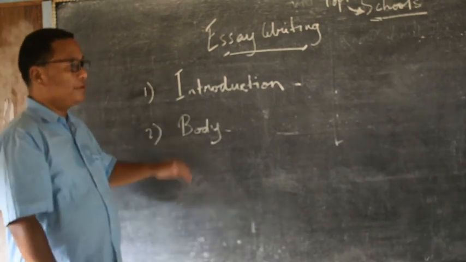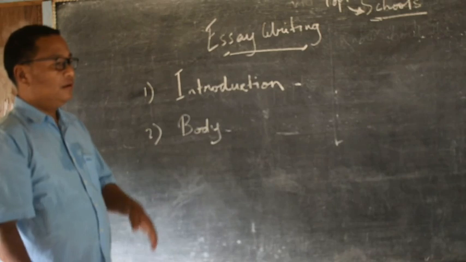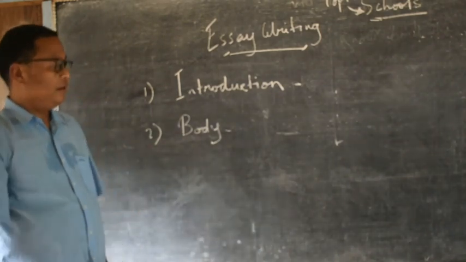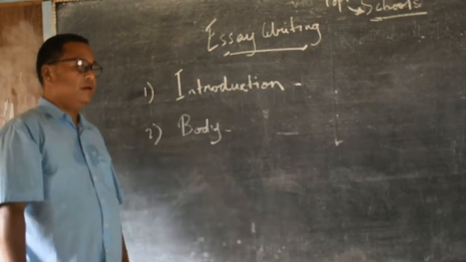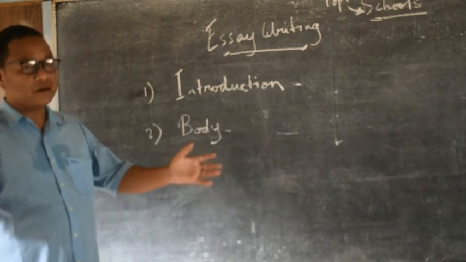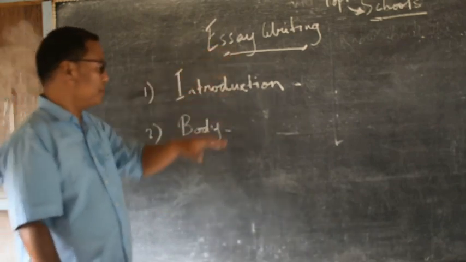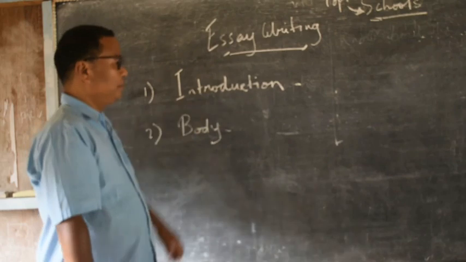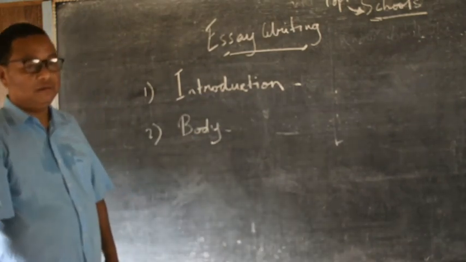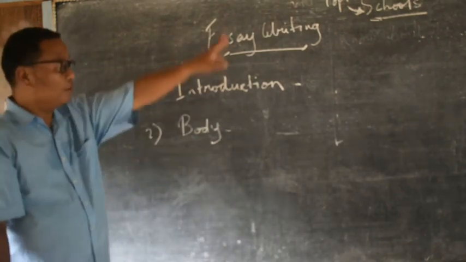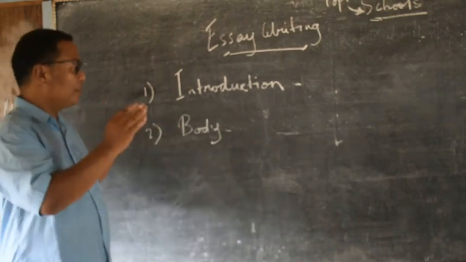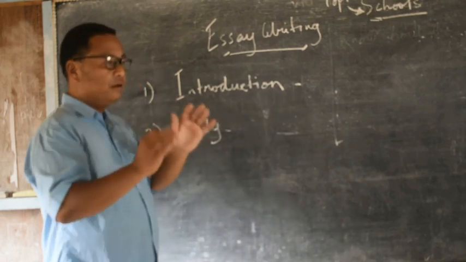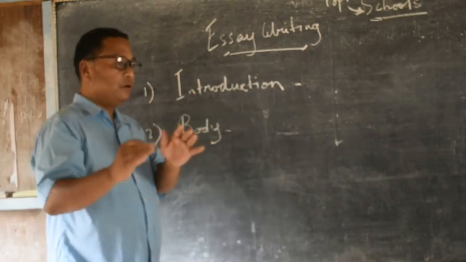And the body must also tell us the classes, the way classes are conducted in schools. And the body must also tell us about big schools and small schools. Everything we know about schools must come in the body. I'm explaining this particular essay taking into consideration that outline is not given. So whatever knowledge that we have about schools, we must put into the body by arranging our knowledge about schools